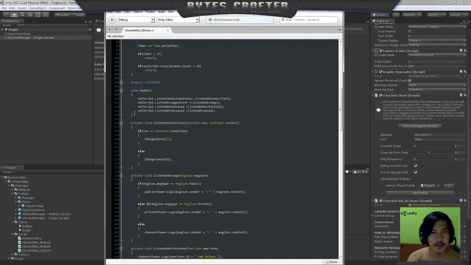So let's discuss, uSocket view is basically listening if it is the local user or not. Here on the uSocket net, here is the magic. Upon awake, you can listen to connection status.